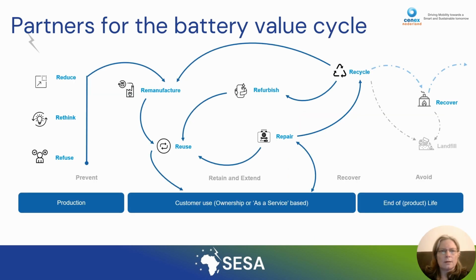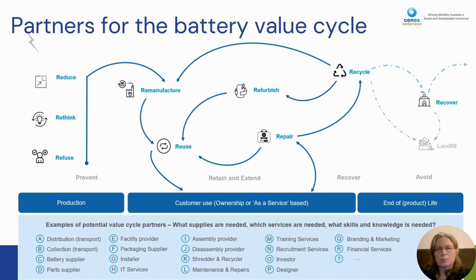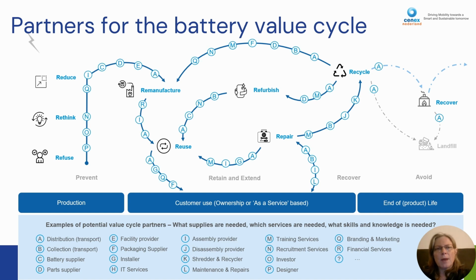Here we have a variation of the technology cycle diagram from earlier. For the context of second life batteries, we can identify several different roles that may be needed at different steps, ranging from supplying materials, parts, and products to transporting from A to B and providing facilities or certain services or expertise. Mapping these roles can help you decide which you aim to adopt yourself and where you need or want partners. Then focus on the following questions.